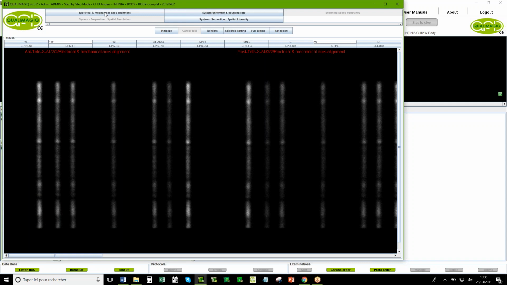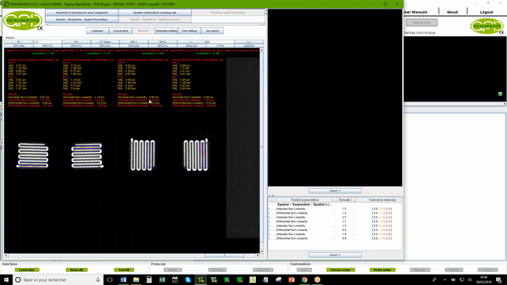So you have one special test, this one, and I want to show you this one after. So first, you have no test without collimator. It's test with collimator, so system. So first, the spatial resolution is strictly the same. You have the serpentine phantom, of course, is small, not small in the object, but small in the image because it's a whole body acquisition. And what we do first, we measure if your line is really a line.